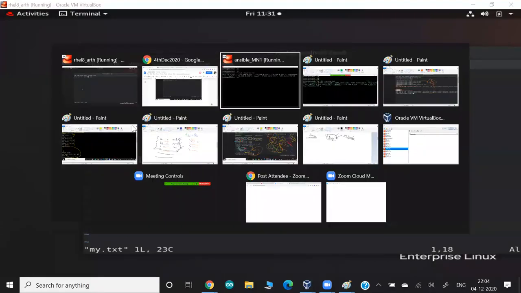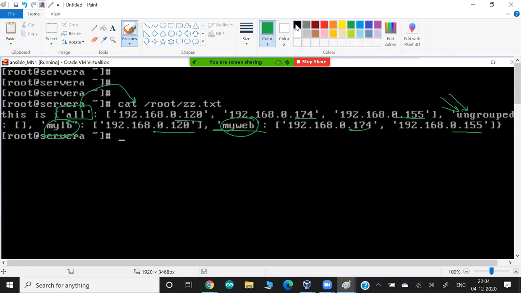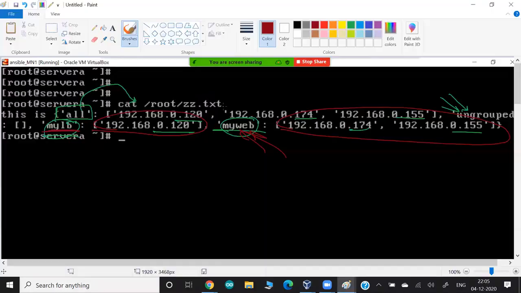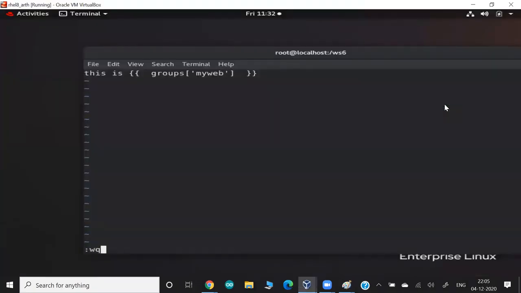If you know any programming language, normally we have hashes, multi-dimensional arrays, or associative arrays, like a dictionary in Python. This is one of the keys or the main array, and this key also has a value. This is also one of the keys, and this also has a value. If you only want to print this key, we can write in the square bracket my web, because I am only interested in printing the value of this key, which has two values. Finally, if I run this again,